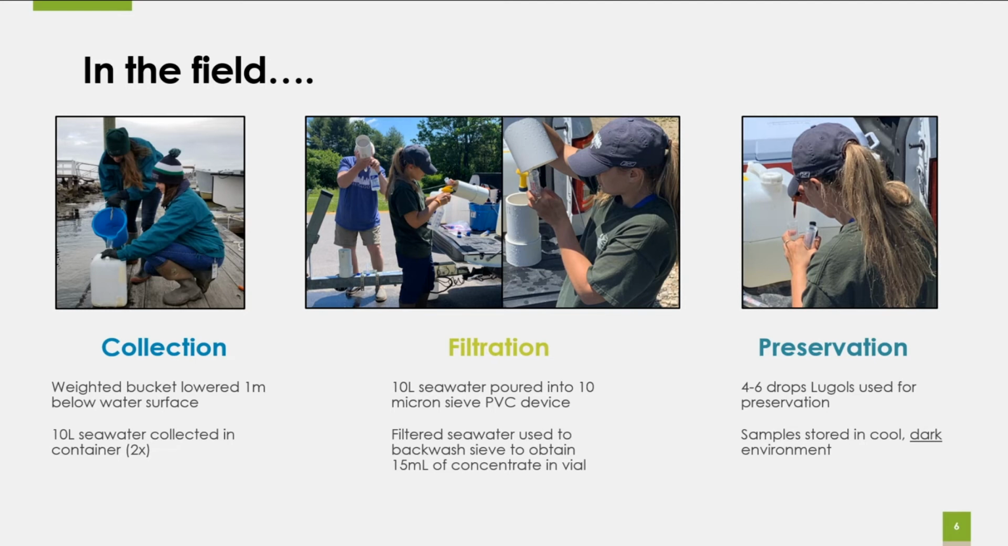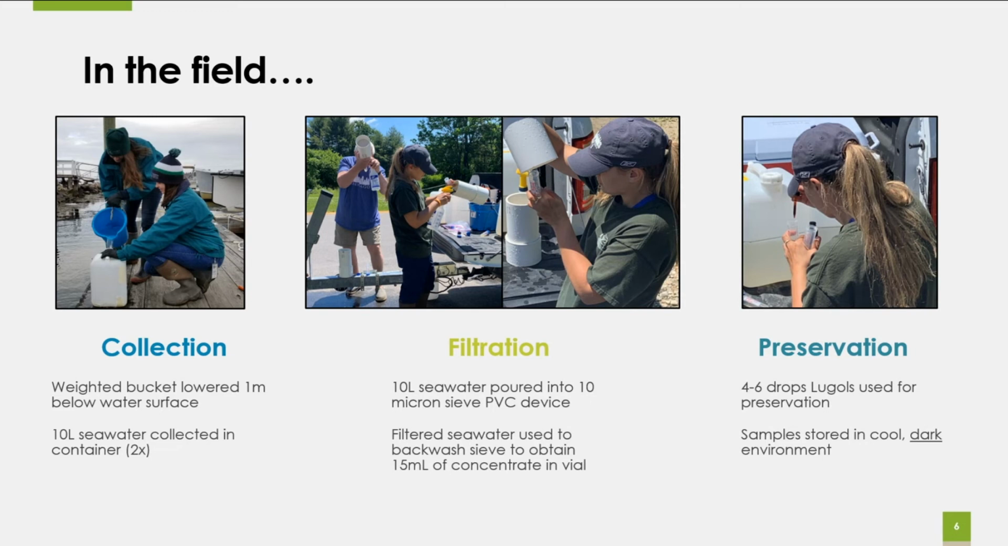And then filtration happens, where we take those 10 liters of seawater and pour them into this PVC device, which is this white one. You can see Eric's holding one here, and I'm holding one here, and there's one right here as well. These are makeshift PVC devices where on the bottom is a 10 micron sieve. It's a very small, fine mesh that collects, as you pour the seawater in, most of the water will filter out, and then it'll collect the small particles or phytoplankton that will then